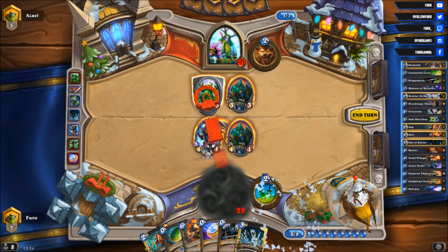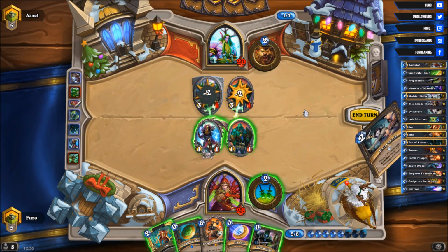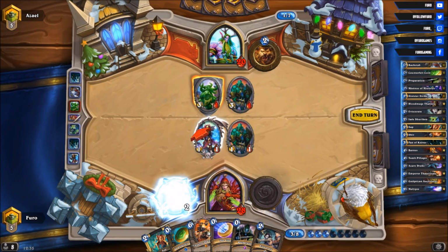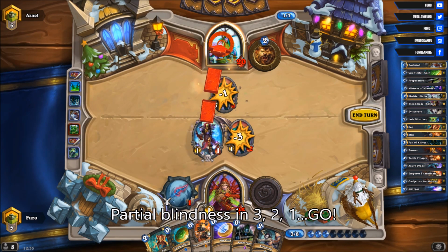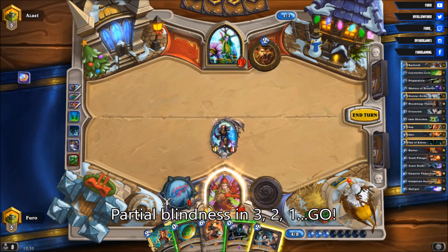Oh, that's good. We're using the Backstab here. Use the Fan of Knives. Getting the Eviscerate. We're clearing the 3-1. We're clearing the other 3-1. We hit him for another 1 in the face. And we can now use the coin here to drop the...